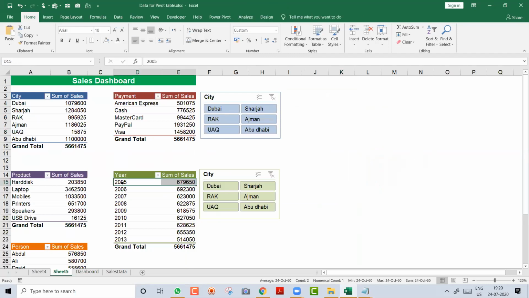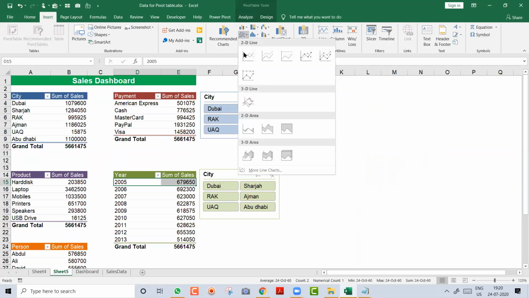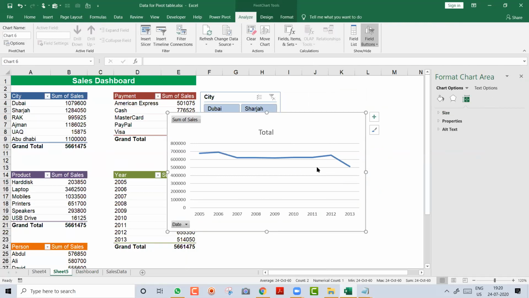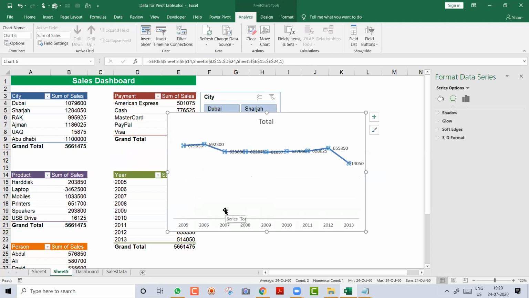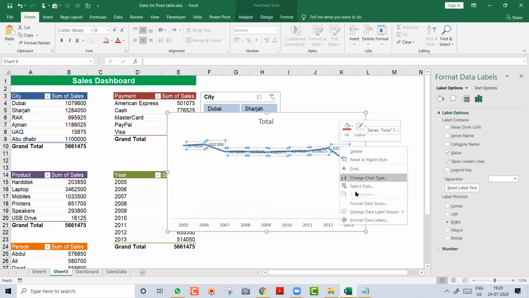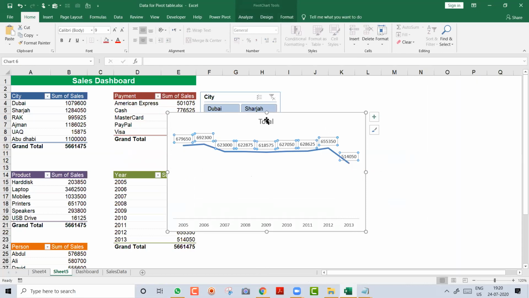Again, you will go here. I want year wise. So I say insert, and then again over here, I want a line chart. So I took a line chart. Again, I delete this unwanted. I delete the line. I delete this button also, right click, I delete this also, and then you right click and say add data label. Got it? Now I want this up and down, so I right click, and over here you get an option above. So it comes above, and this is my year-wise sales, right?